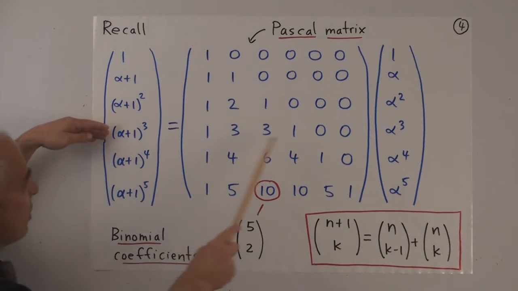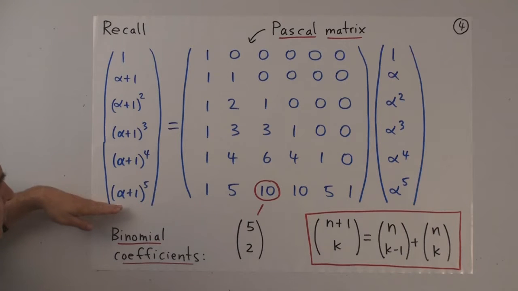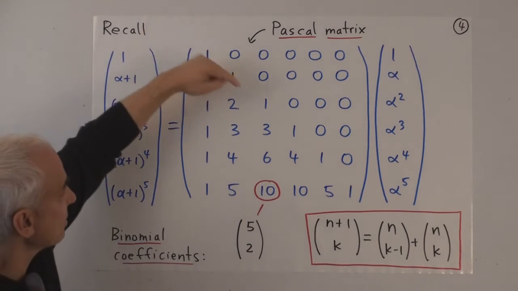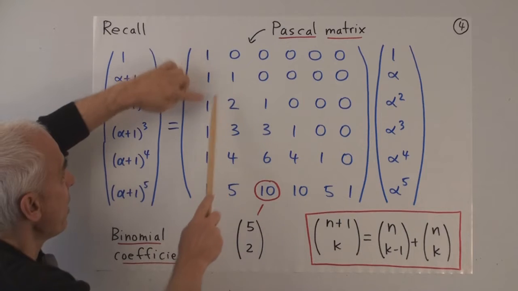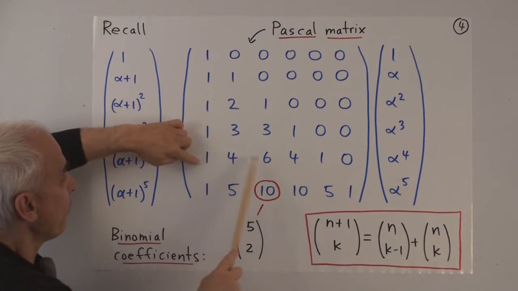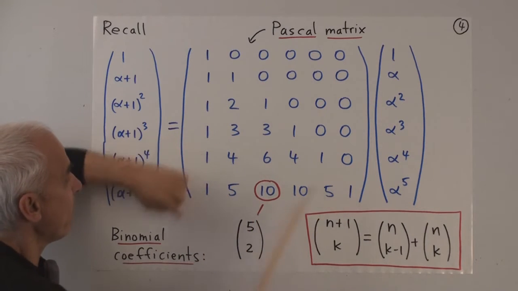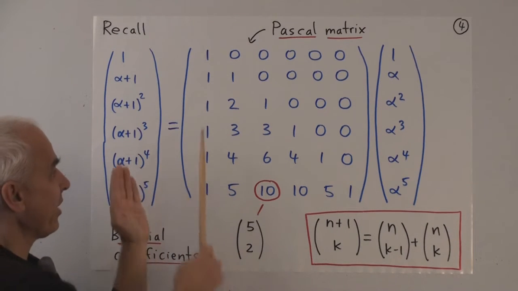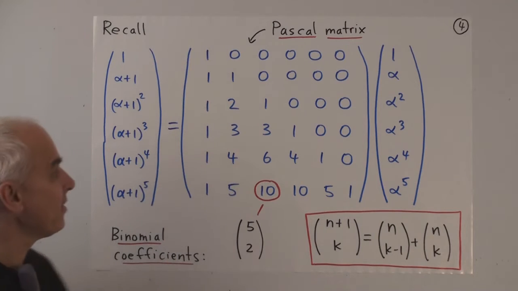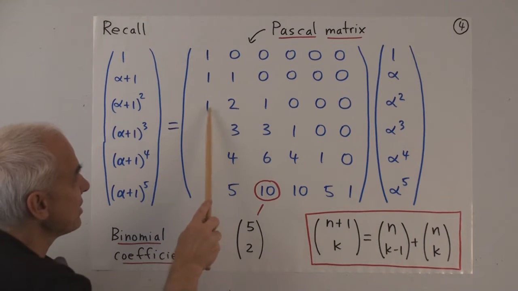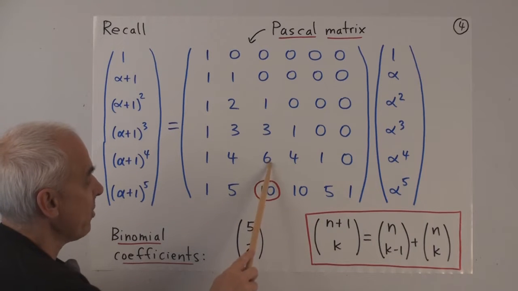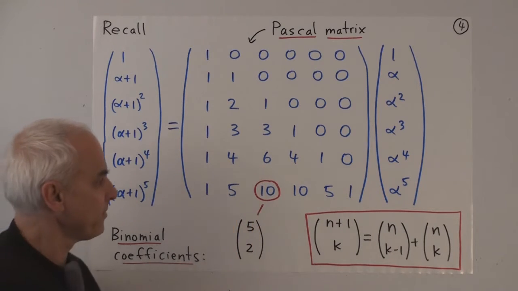So here I've shown you all the polynomials of degree 5 or less, powers of alpha plus 1 in terms of the standard polynomials. And you'll recognize Pascal's triangle, I hope. 1, 1, 1, 1, 2, 1, 1, 3, 3, 1, 1, 4, 6, 4, 1, 1, 5, 10, 10, 5, 1. It's not exactly written as a triangle like this. It's now written as a triangle with a left justified side. But it's still the case that this plus this equals this. That every term is the sum of the term above it and the term above it to the left.